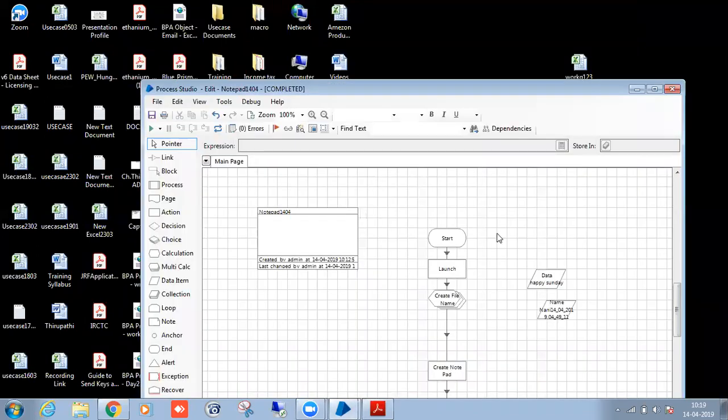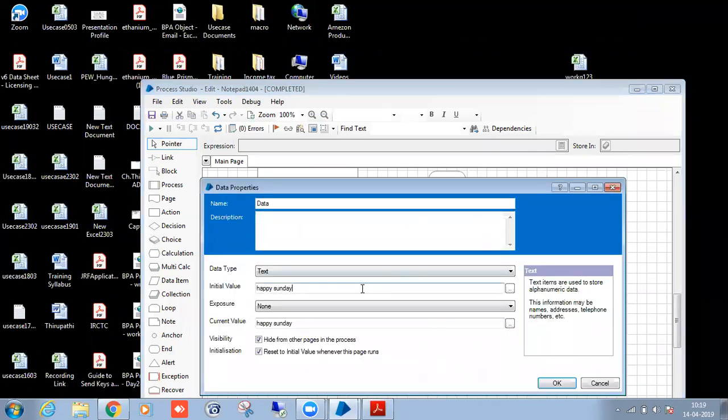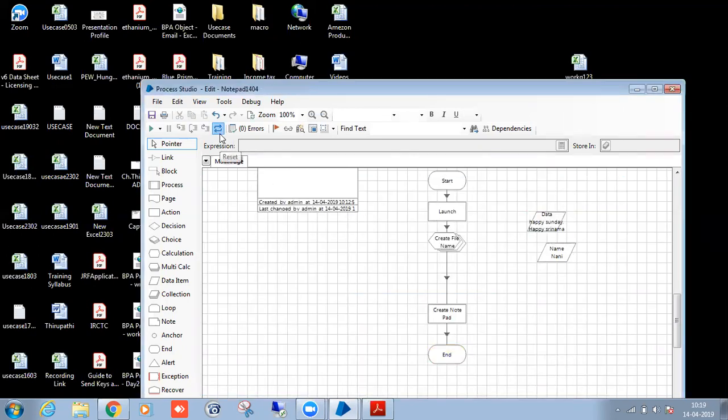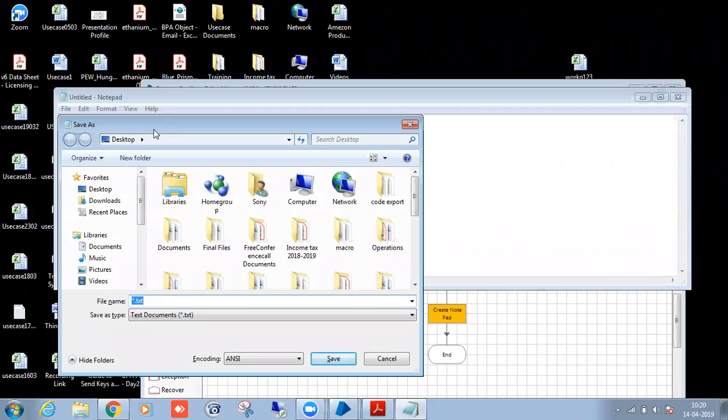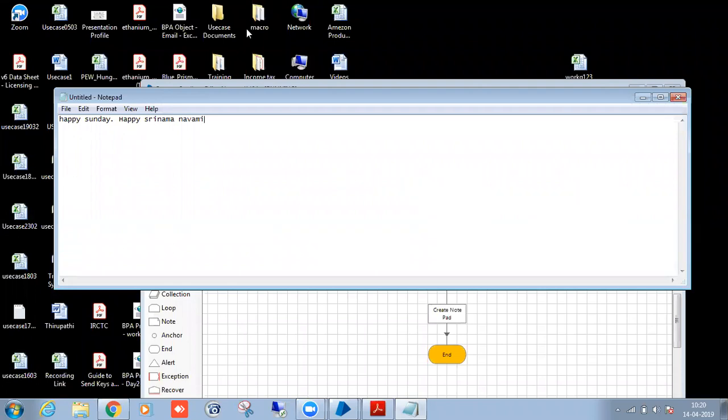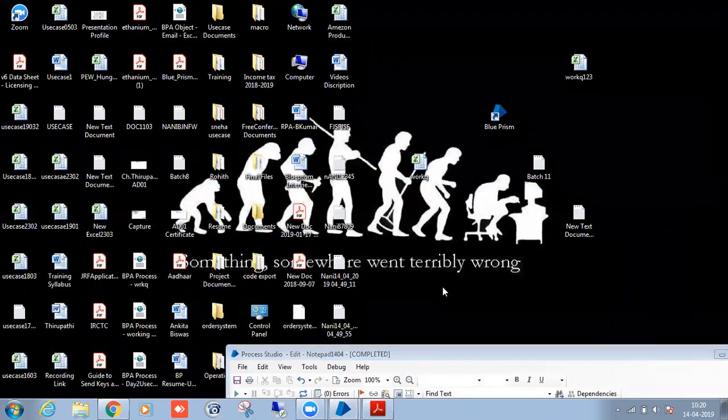If I rerun it again, refresh and run it again, the name will change dynamically, because we have used the now function. Done. See, one document, second document.